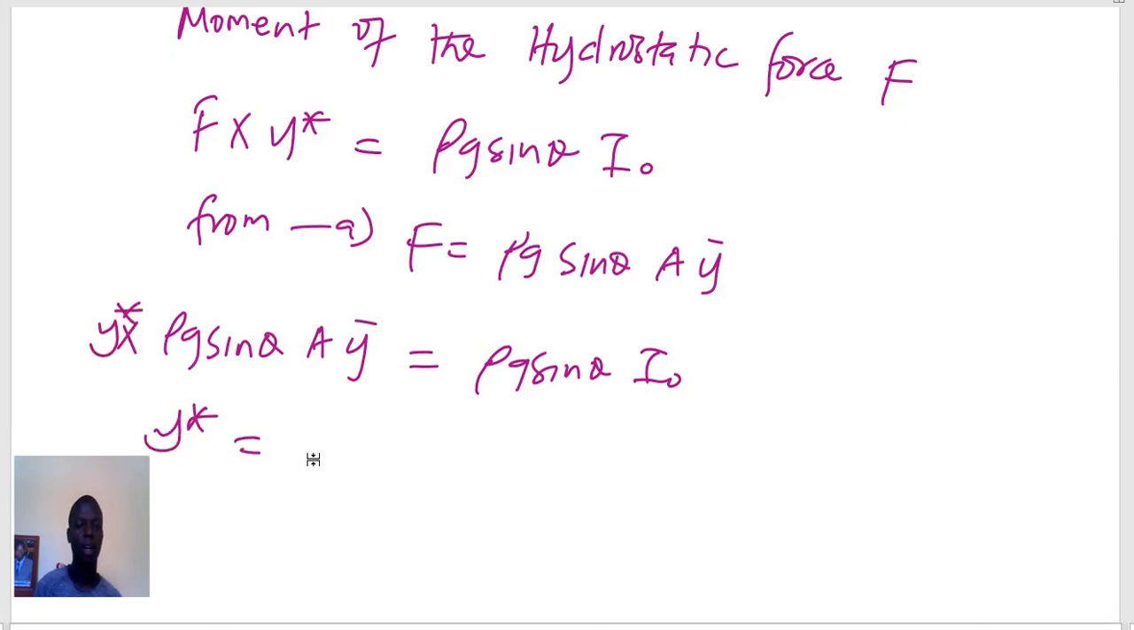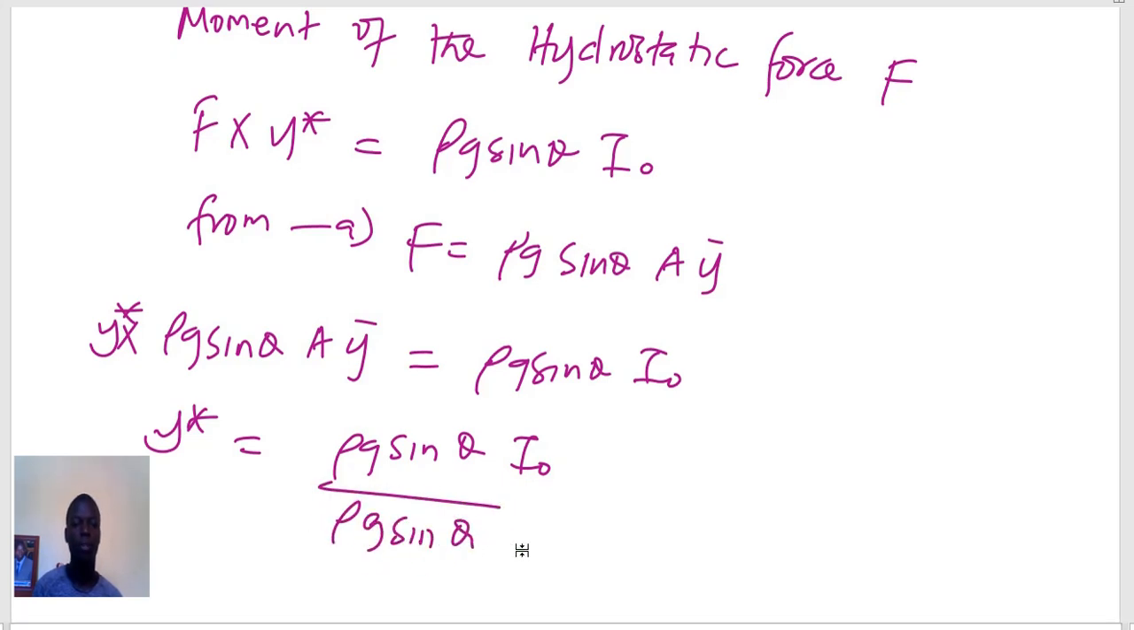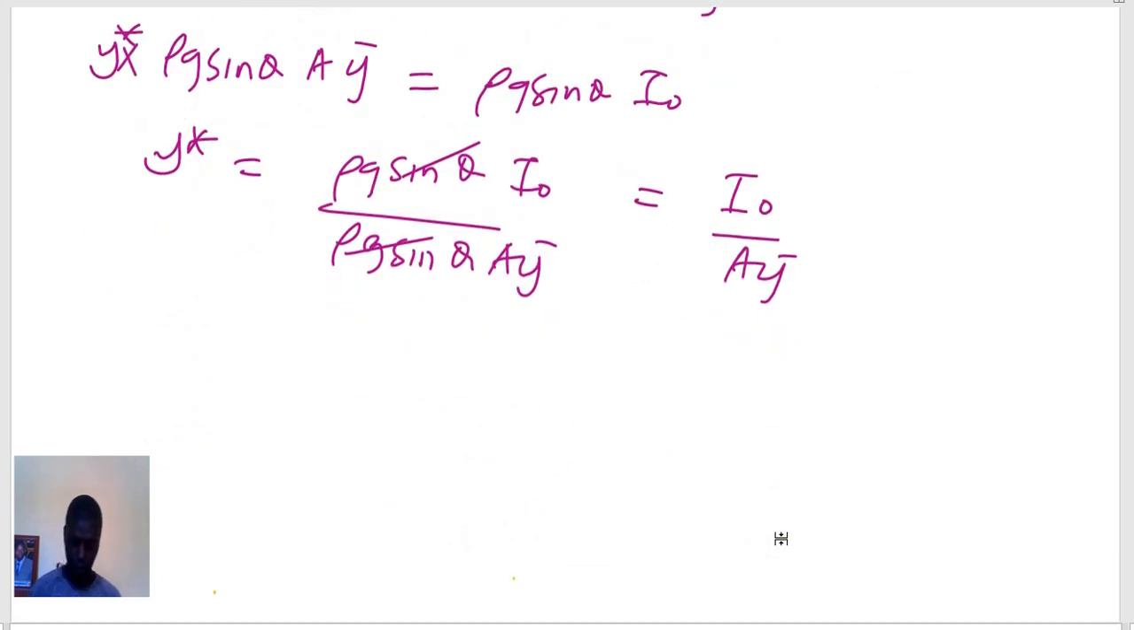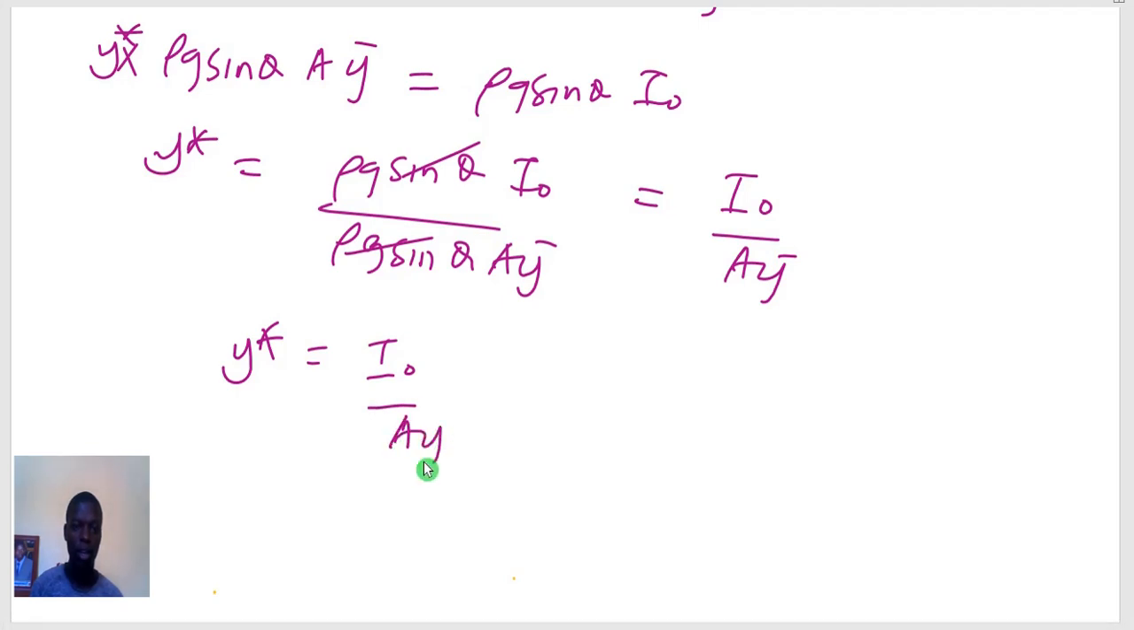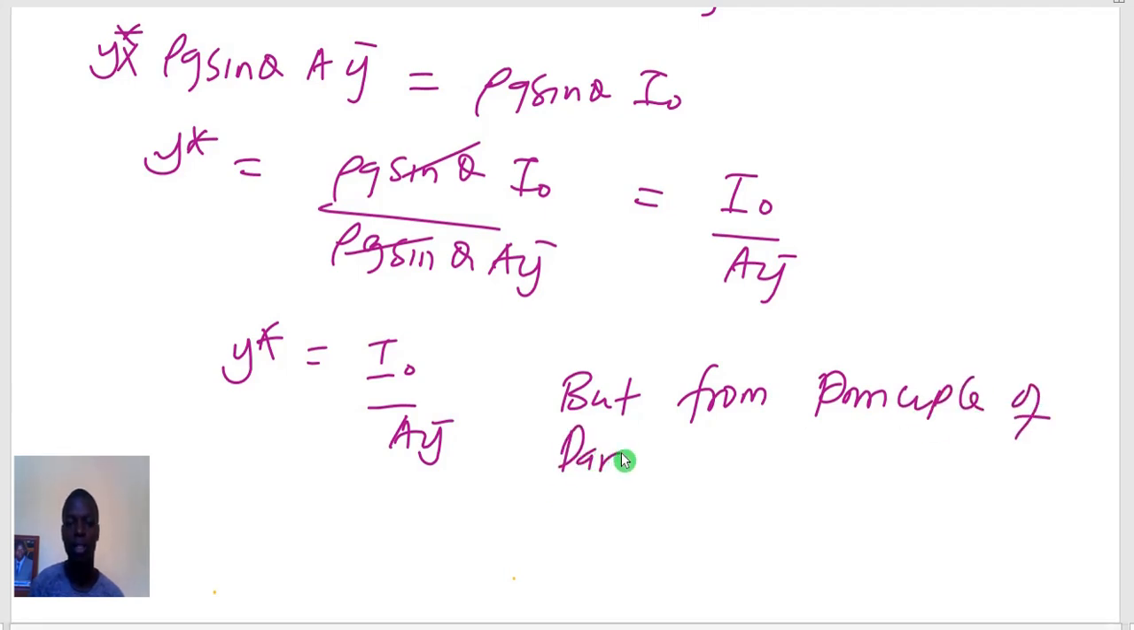So meaning that y star will equal rho g sin theta I naught over rho g sin theta A y bar. This and that will go, so that I remain with I naught over A y bar. So the center of pressure is at the distance y star, which is equal to I naught over A y bar. But we know from the principle of parallel axes,